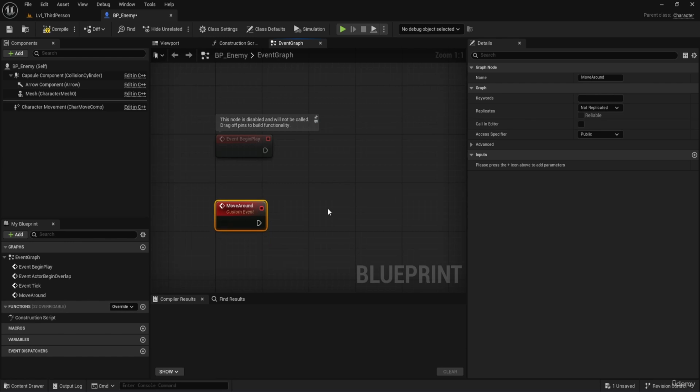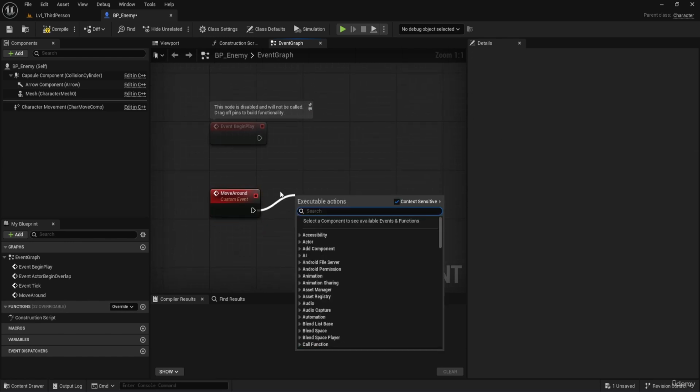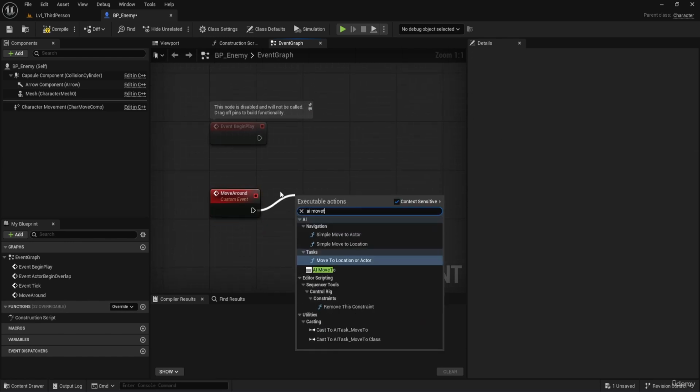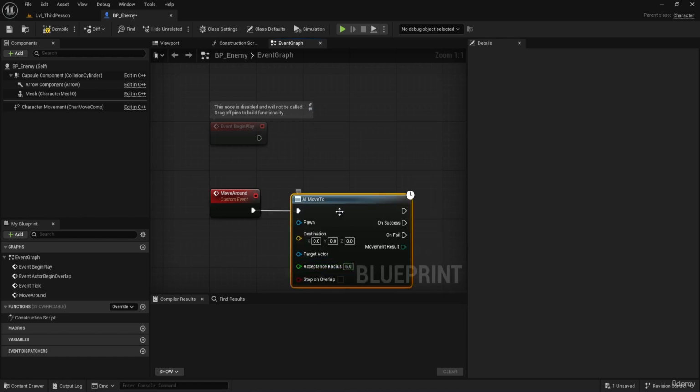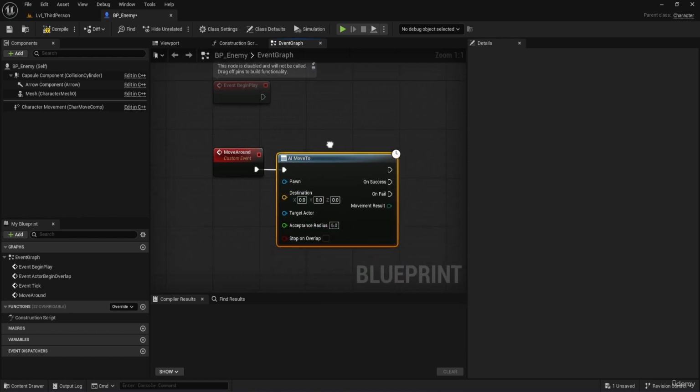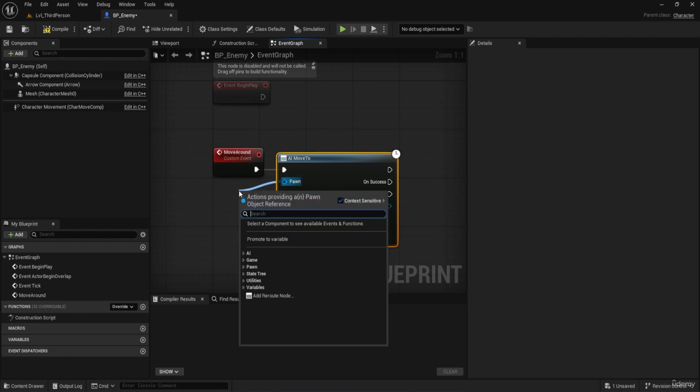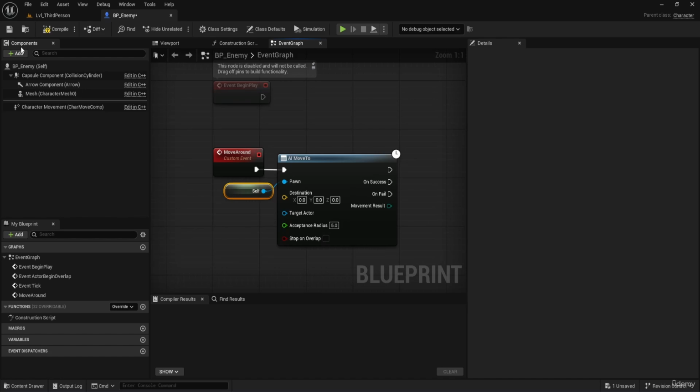So for now, we'll drag from this, and type in AI move to, and then we'll select this one. And this function will basically make the character move around. But before it can work, we have to pass through a pawn. So here we'll drag this backwards and then type in self. Basically self means that it will get the blueprint that we are in right now, which is the enemy one. So we click that. And now when we press play,